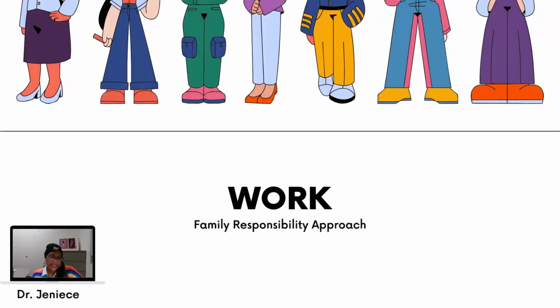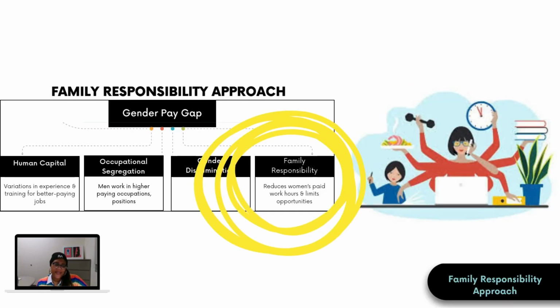And finally, we're going to be looking at unpaid labor through the family responsibility approach. So, the family responsibility approach is looking at this unpaid labor of the household that is essential to family functioning, right? Obtaining and growing and preparing food. Maybe not always growing, but outside of the United States, yeah.